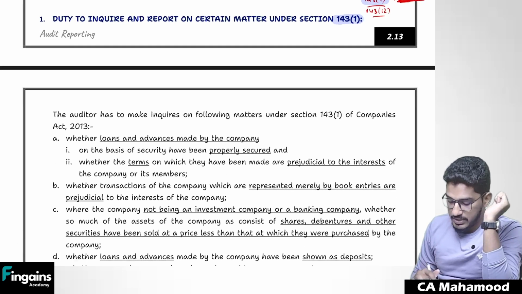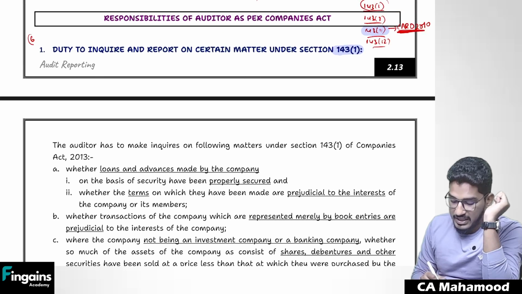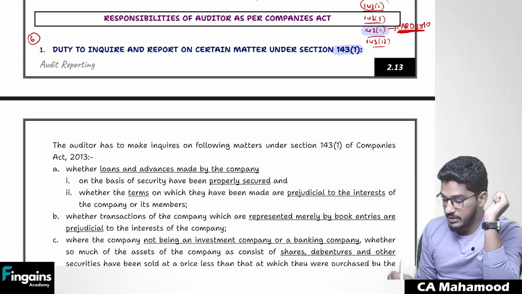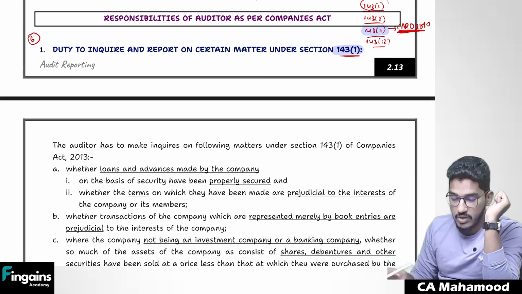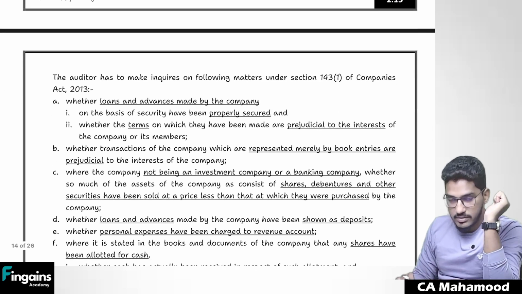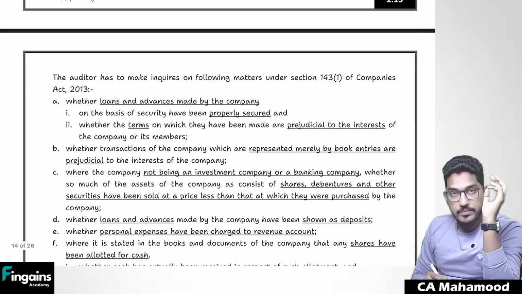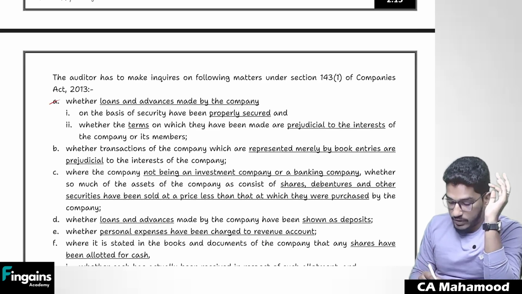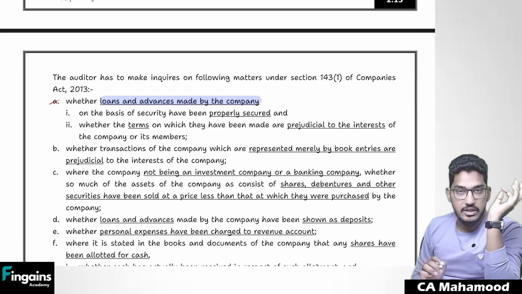Under 143 subsection 1, the auditor is required to comment regarding 6 matters. Under 143 subsection 1, the auditor is required to comment regarding how many matters? Six matters. So what are those 6 matters, sir? Very simple. Number 1, the auditor has to verify whether loans and advances made by the company,